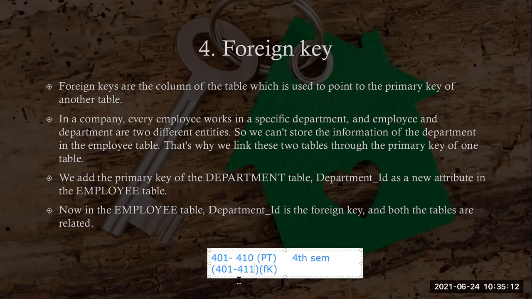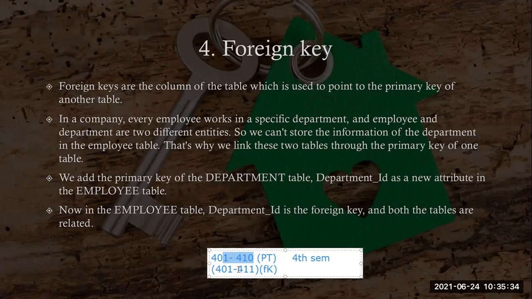We have not yet started with the practical session, but I'm giving the introduction here. When I mention 411 in the fourth semester table, you will get the error. Why? Because roll number 411 is not mentioned in the personal table. You cannot insert that value.